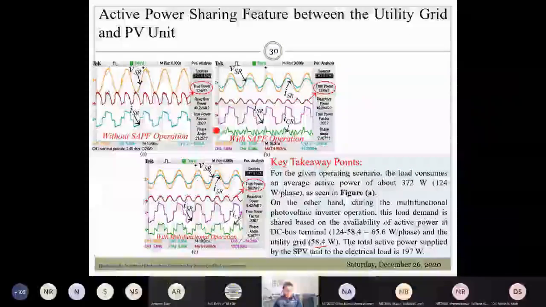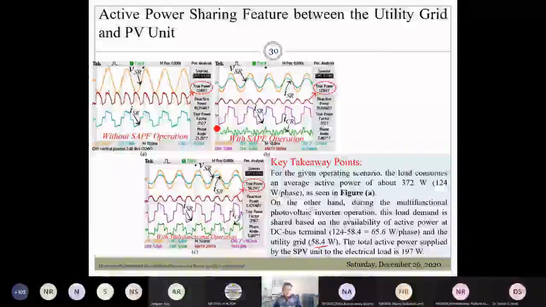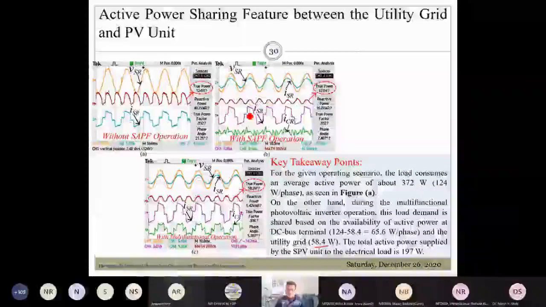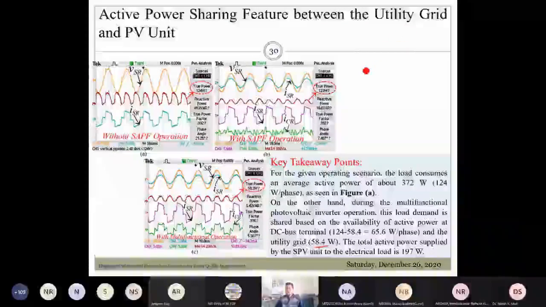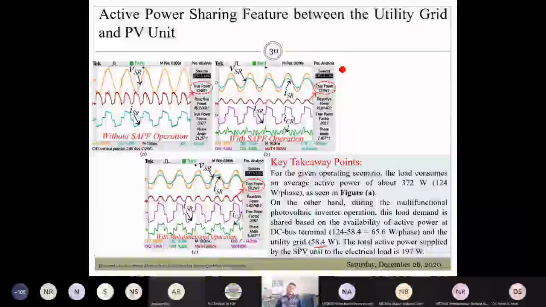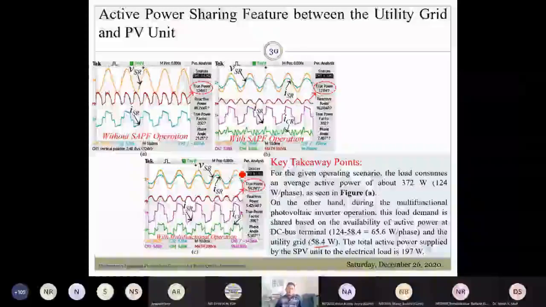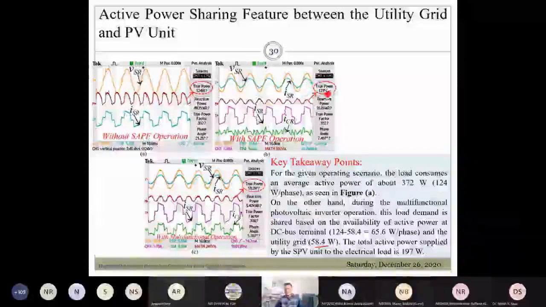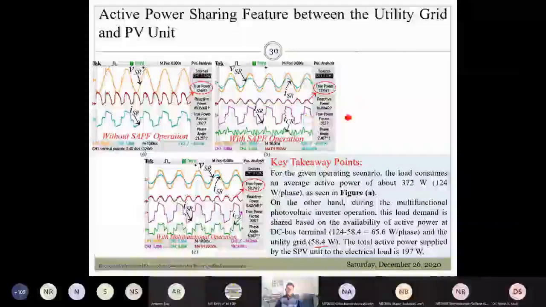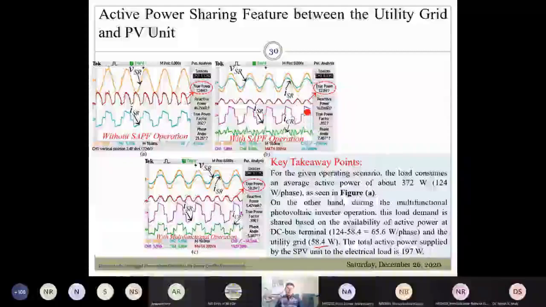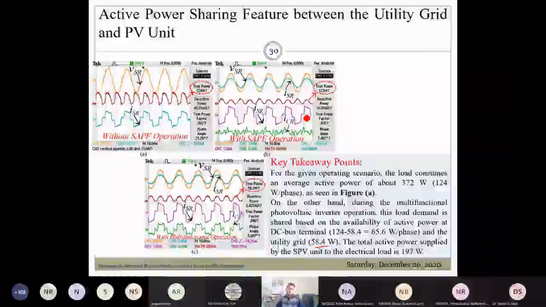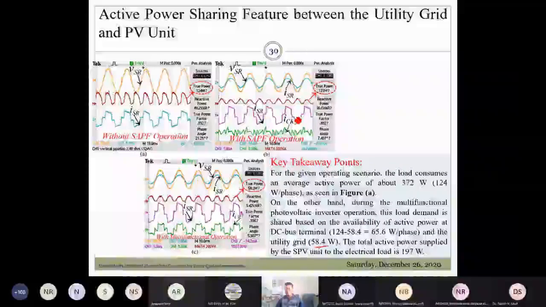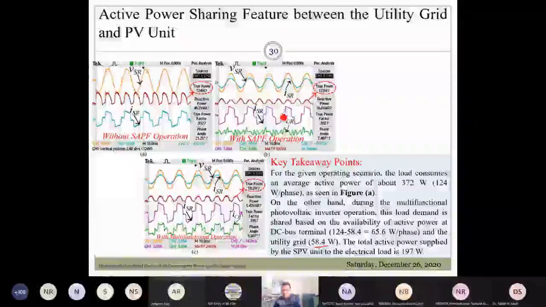As I mentioned, some of you have asked whether battery energy storage is not required. This is correct. Why? Because in this case you have the established utility grid to accommodate the additional requirement of the load demand. If your PV unit fails to accommodate the load demand, then the residual load demand will be supplied by the utility grid. So you do not need the battery energy storage system in a grid interactive system. But if you want your PV inverter to mimic the operational characteristic of the conventional synchronous generator, then you need to have the battery energy storage system. Otherwise, it is not required.